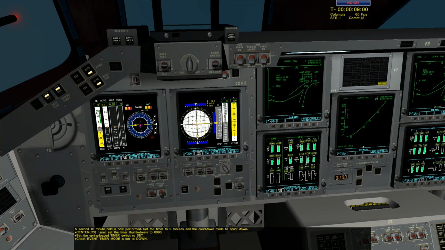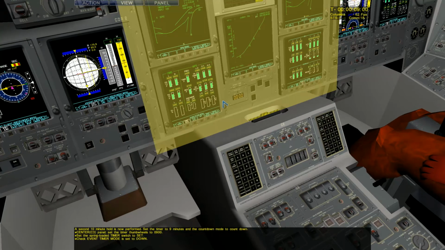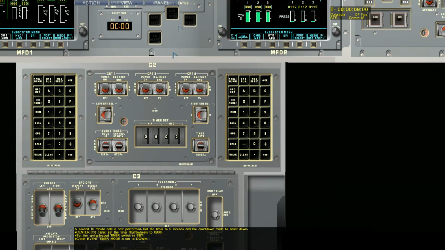Columbia, this is launch control. T-minus 9 minutes and hold. Yep. Columbia, copy that, out. Okay, T-minus